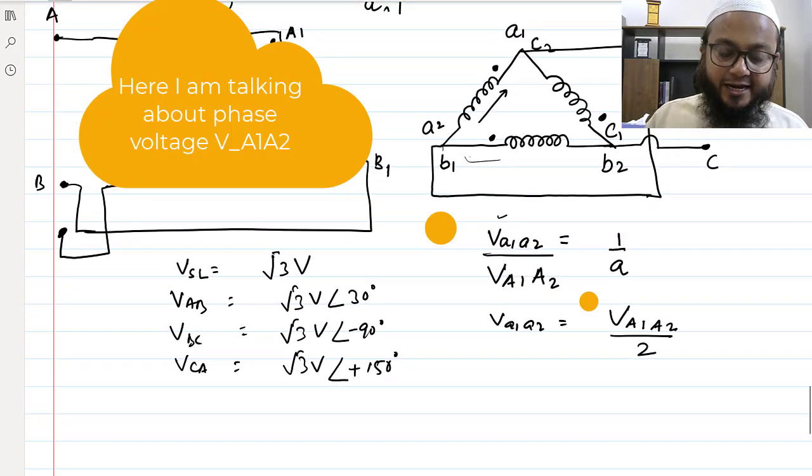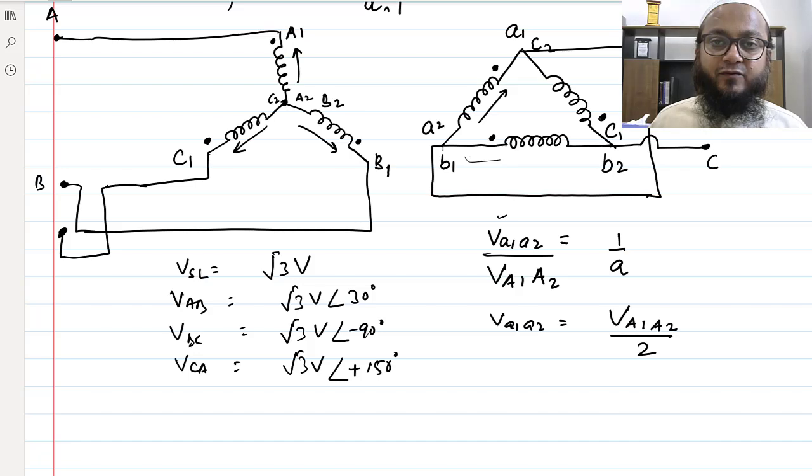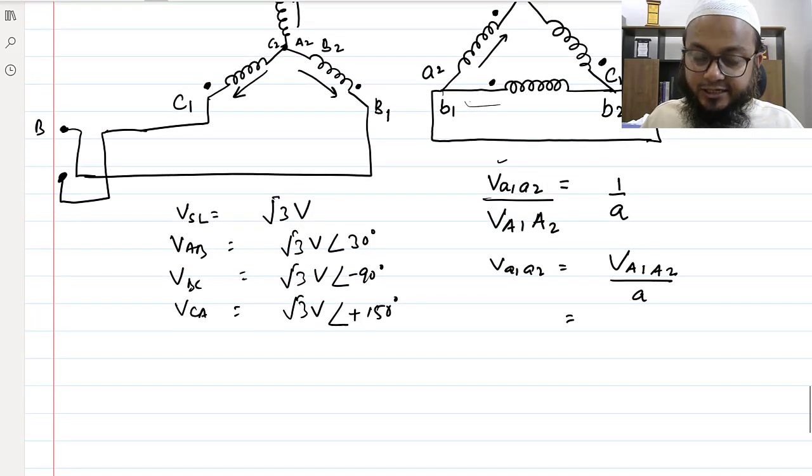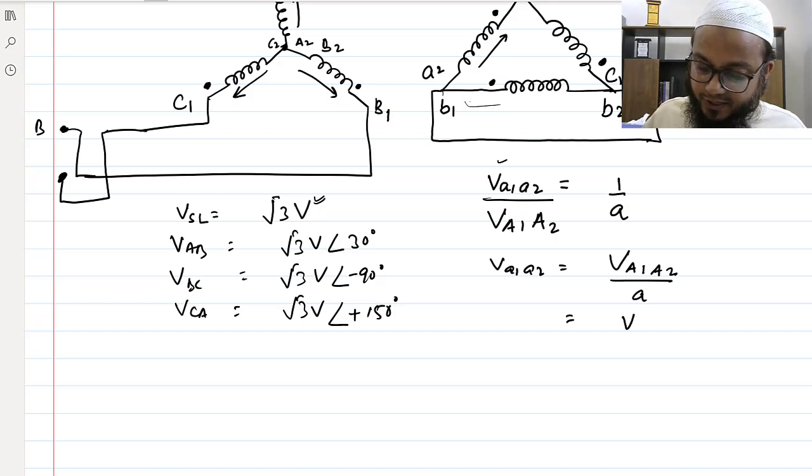But this VA1A2 is what? This is the phase voltage, right? This is the phase voltage which is coming here, and the phase voltage here, the magnitude of it would be 1 by root 3 times of this, right? And the angle would also be at 0 degrees, right? So the phase of it we can write as, sorry, this is A actually. So in terms of V, which was the phase voltage of the source, this would be V upon A,